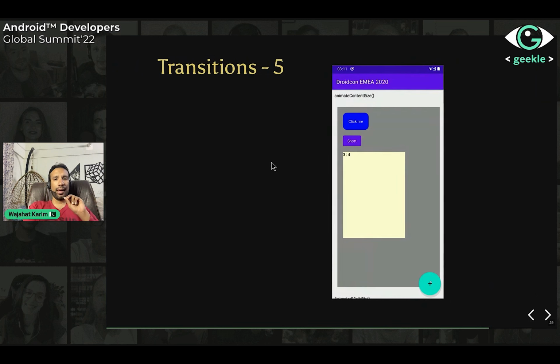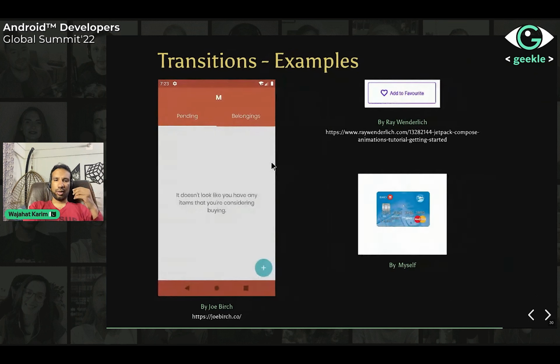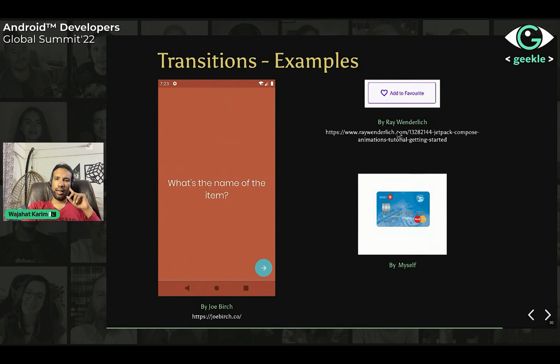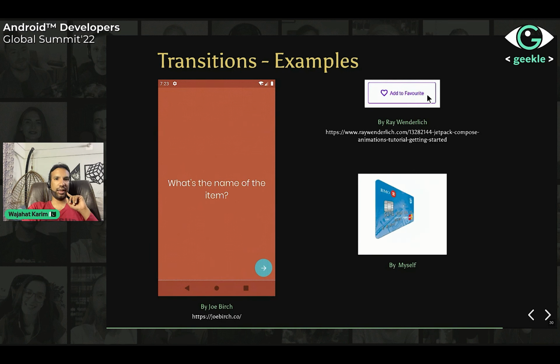So this is the result of this transition. You can actually create more transitions with that as well. So, for example, Ray Wenderlich's website has this very fantastic article on how you can create this amazing button inside that, and